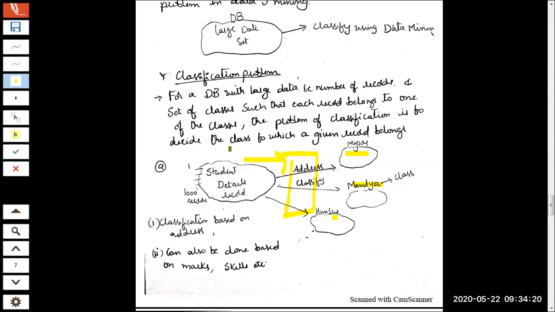for building a classifier, first you need to train the classifier, that is the training phase. Once done with the training, you need to be sure that the classifier is working correctly, working properly, for which we will do the testing. So what do you do in testing? You select a record for which the class is already known. You know the class. You give it as input to the classifier. And if it correctly classifies, then you can be happy that your classifier has been trained properly and it is working accurately.